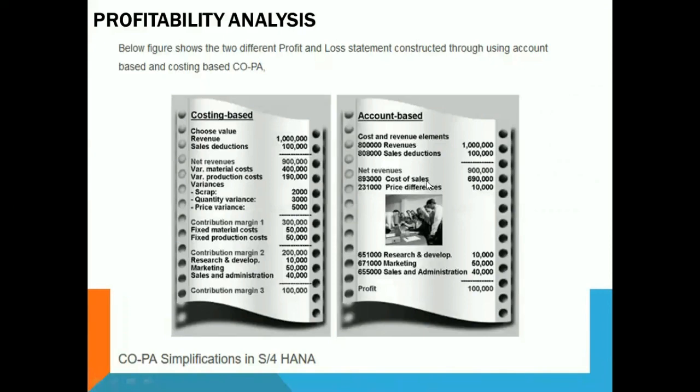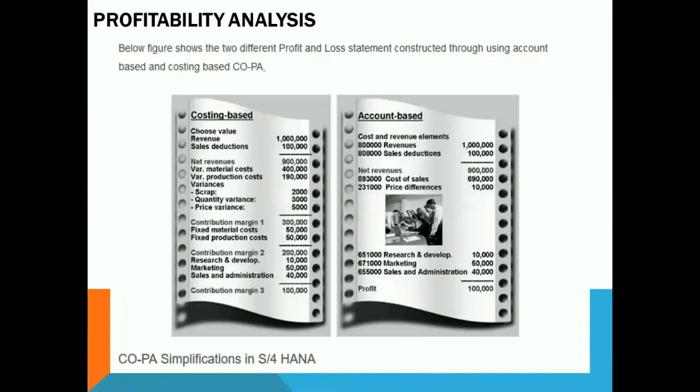But when I come to the cost of goods sold account, when you are showing this 6,90,000 in one GL account, what happened to the splitting? What is the direct labor cost? What is my material cost? What is my production cost? What are my variances? What is my scrap variance? What is my quantity variance? How do I know all these things?